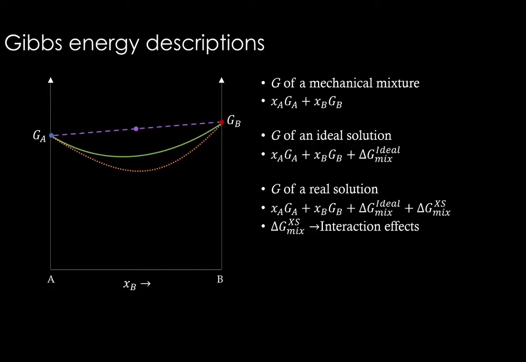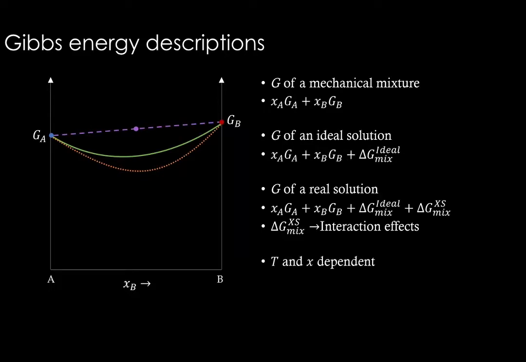So here the Gibbs energy curves are there. This is the Gibbs energy curve for a real solution, this green line for example. So the Gibbs energy here is a function of composition, right? And we said this entire diagram is for one single temperature, and when we change the temperature, the Gibbs energy curve changes. So Gibbs energy is a function of temperature and composition here.